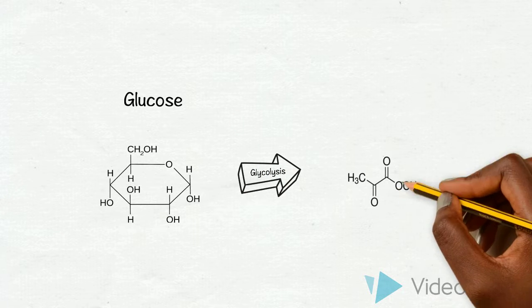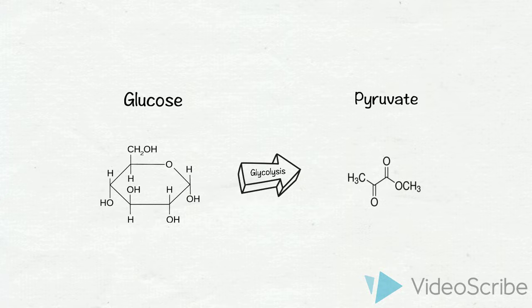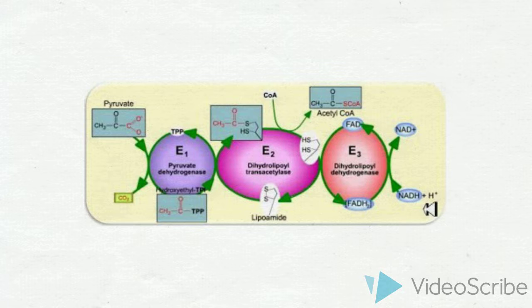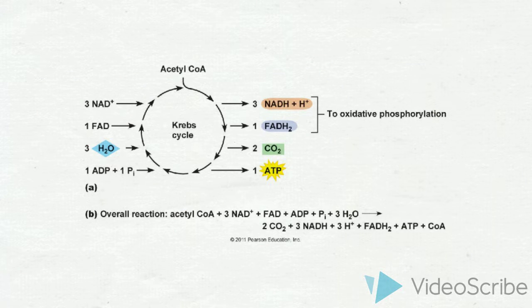Glucose is converted into pyruvate via glycolysis in the cytosol of the cell. Pyruvate is then taken into the mitochondria for further processing. First, pyruvate is converted by the PDC into acetyl-CoA. I'll come back to talk about this in detail in a bit. The acetyl-CoA is then taken into the Krebs cycle and turned into CO2 as a waste product to be released